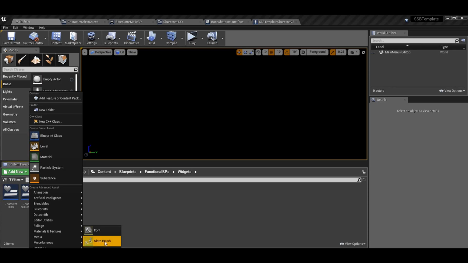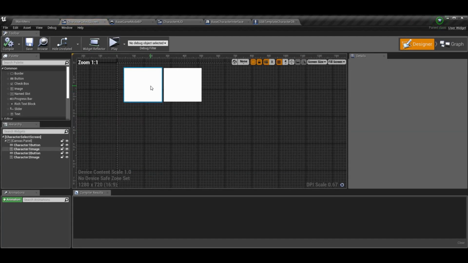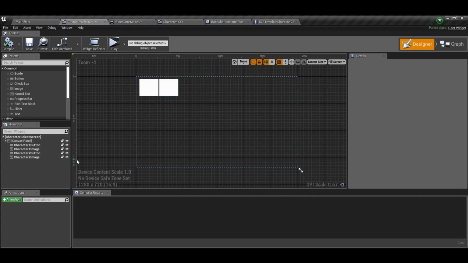And then right below slate brush, there's slate widget style. Right below that is widget blueprint. Select that. You'll make a new widget. That's what this is. I added 2 buttons and 2 images. So the buttons are what we're going to be actually pressing, but the images are what's going to show up